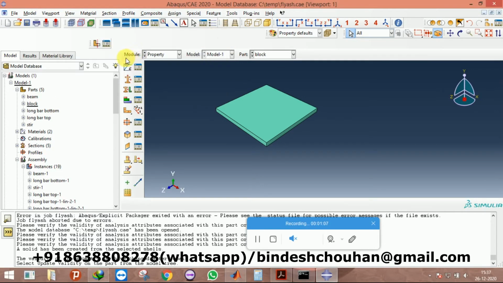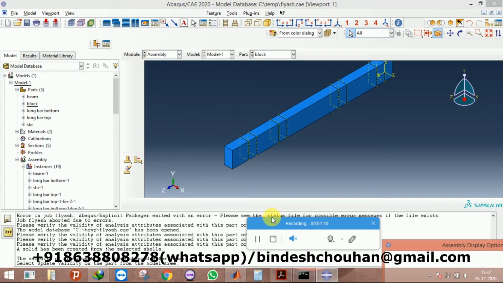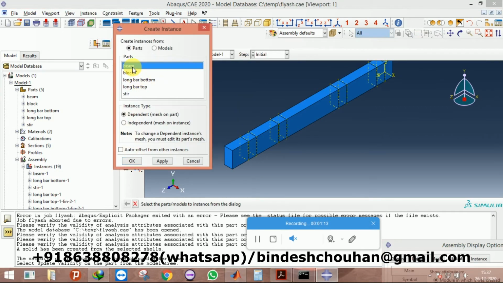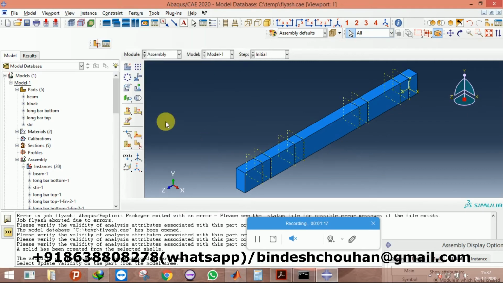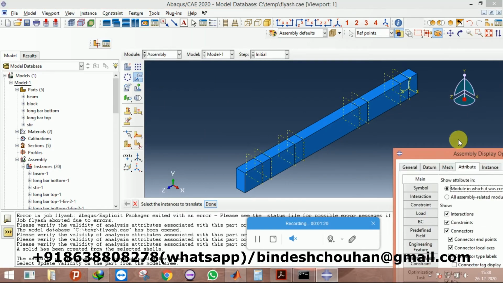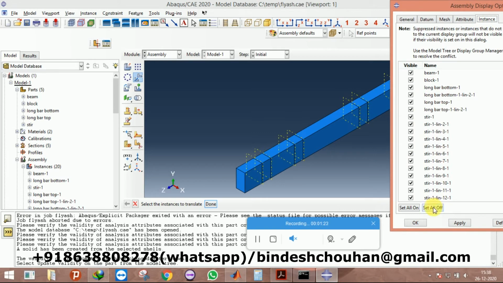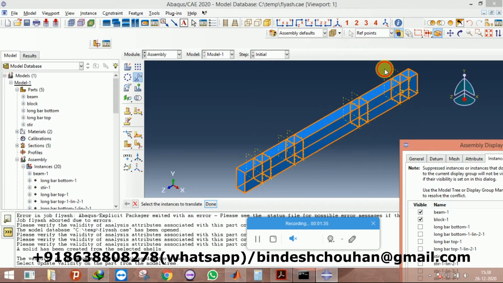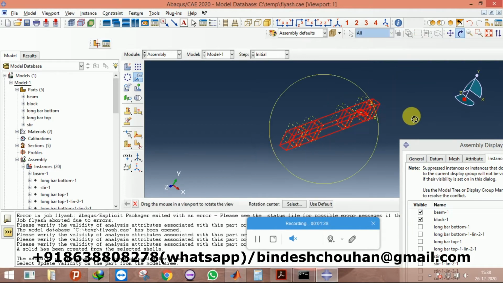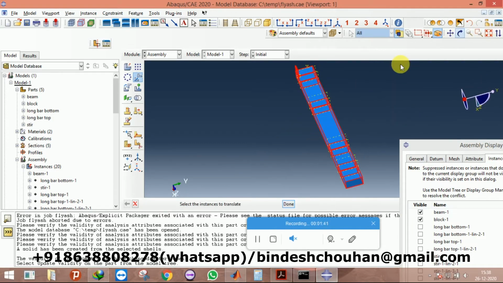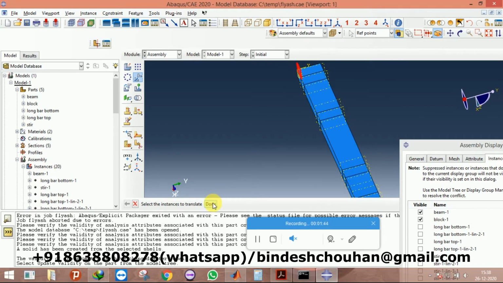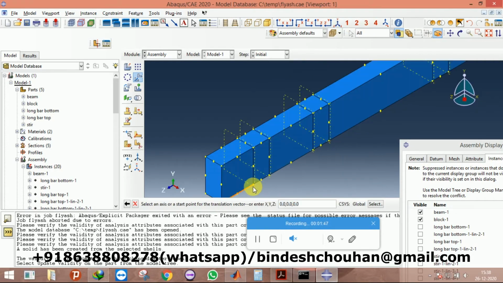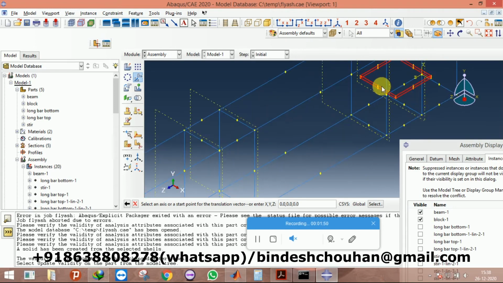Now I'll simply go to assembly. I'll have to bring that block to my assembly. I need to move it. Before that, I'll just go here, set all off. These are the 2 things right now I need. So it has been kept here, the block. You can select the block like this, bring it over, bring it at the support,